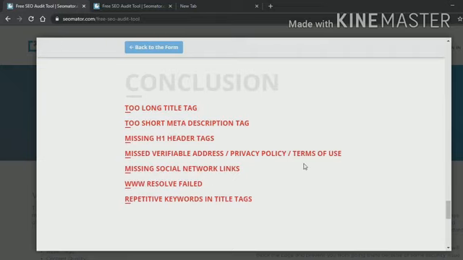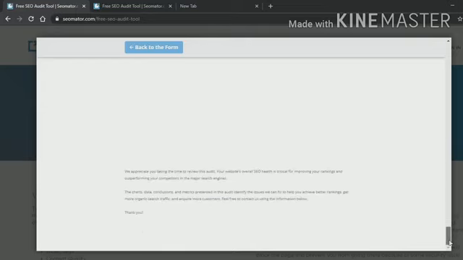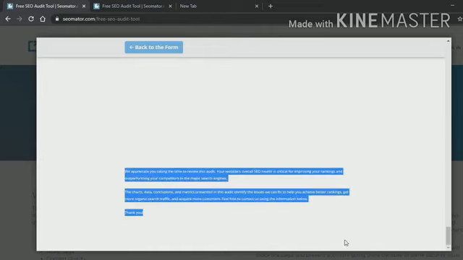So this will be done with the help of an SEO audit tool. And finally it shows us this type of message regarding the website which is created by any user. Okay, thank you.